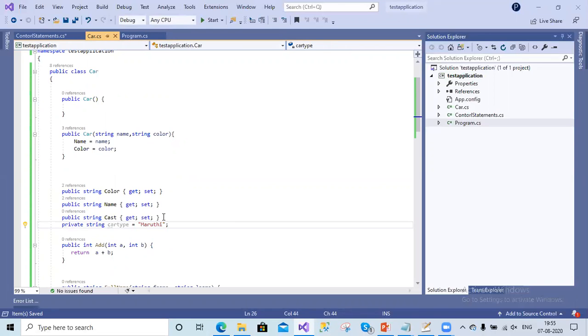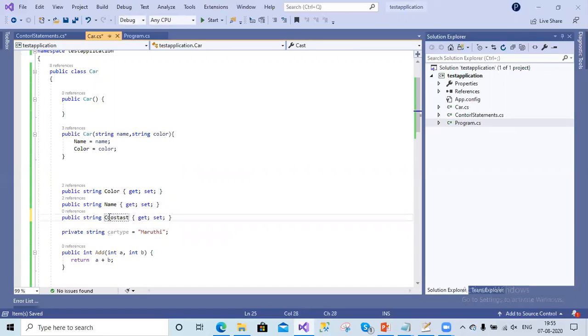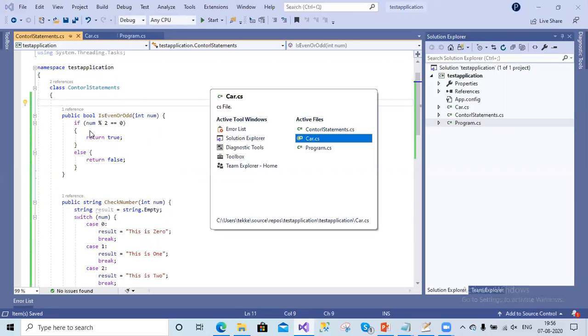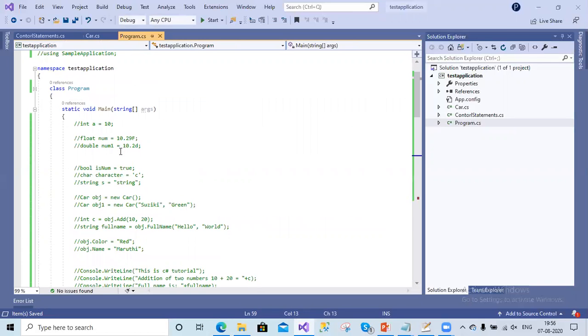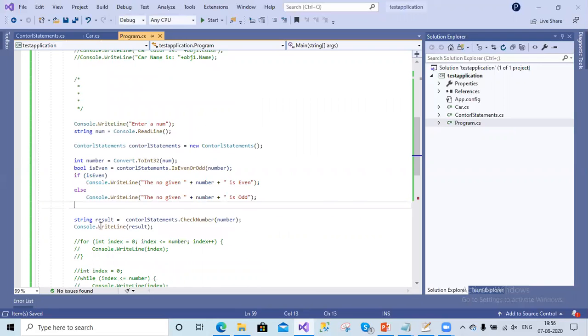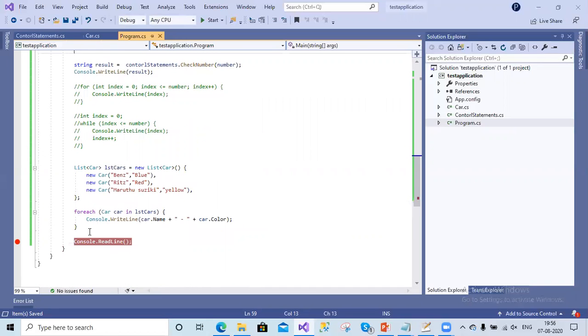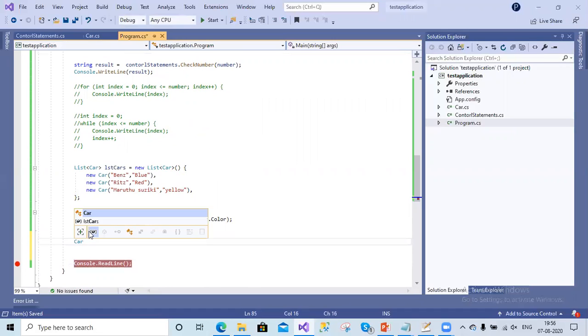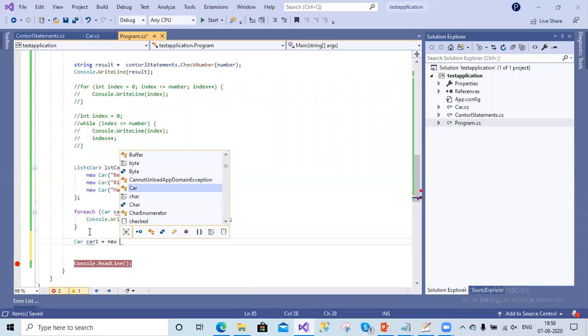We already have some properties inside the car as color, name, cost, and let us say we also have car type, but I gave this variable the access modifier private. Now we'll go to the program class and let us create a car object here, car1 equals new car.